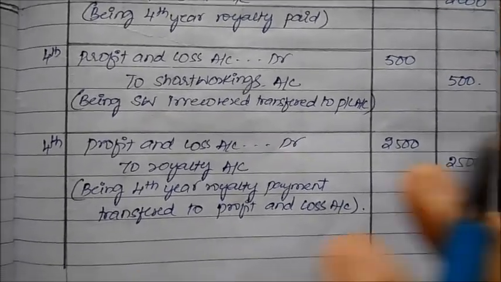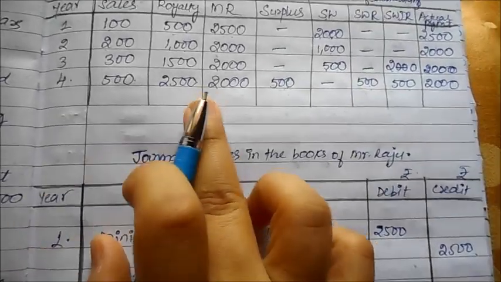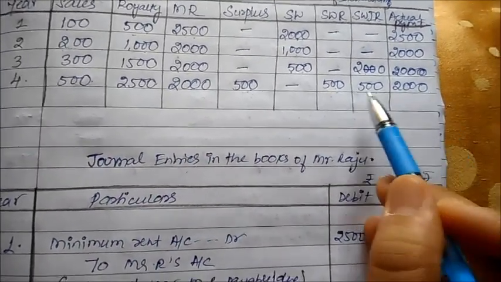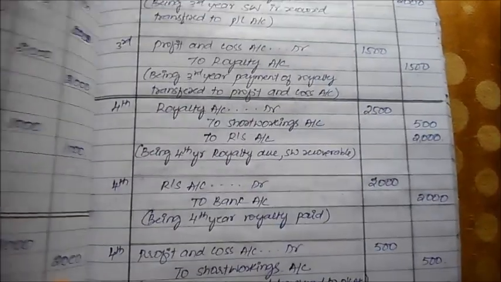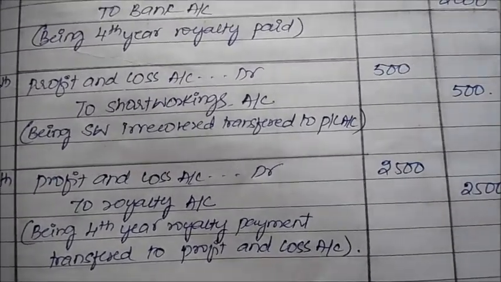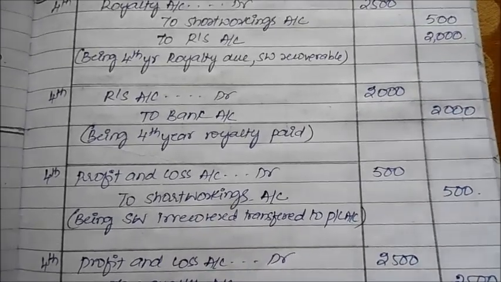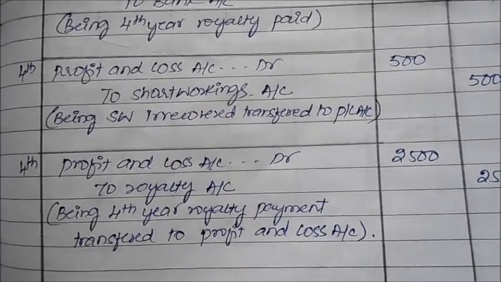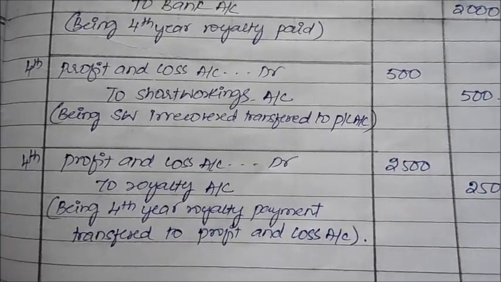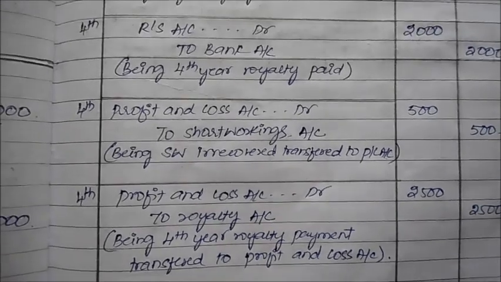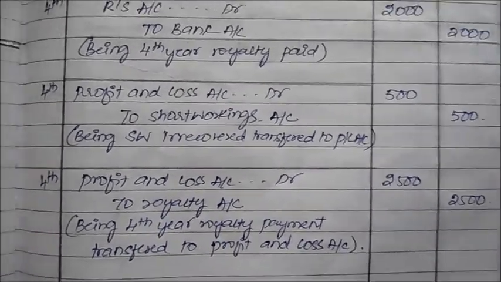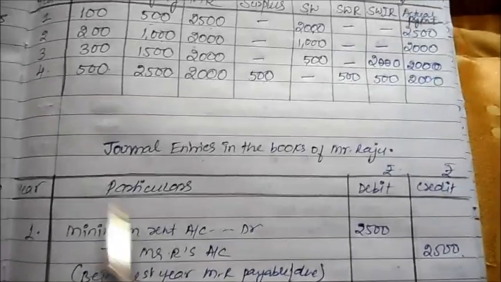Now next journal entry. Here what exactly is happening? After we have recorded for surplus, we have already shown what was the royalty, what is the minimum rent, what is actually paid. Now we have to record how much amount of short working is actually recovered. Okay, now recovered, it is to the extent of 500 that we have already recorded in the first one. Correct. Now what we have not recorded is more important. For that, what journal entry will we do? We will write P&L account debit to short working. Okay, because to the extent of 500 is what we have not recovered here.